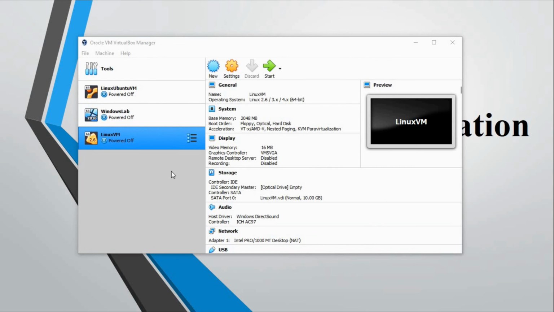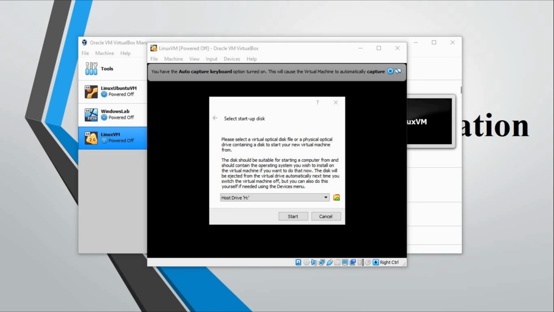Okay, so now what we have to do, once your VM is created, go ahead and click on start. Once you start it, it will ask you to attach an ISO image, and the ISO image is the same ISO image that we downloaded earlier. So go ahead and click on this little folder.